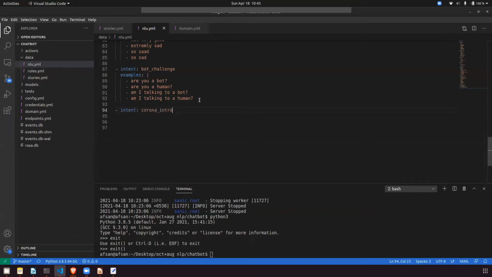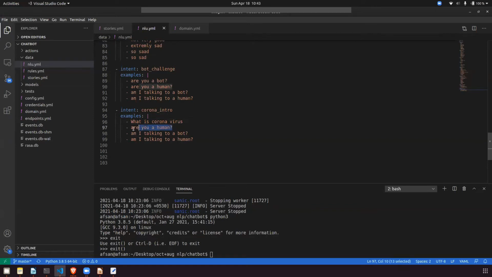I will copy the same format we have to use. We have to type what users can ask. What are the different things a user can ask? What is coronavirus? This is a question that people can ask.